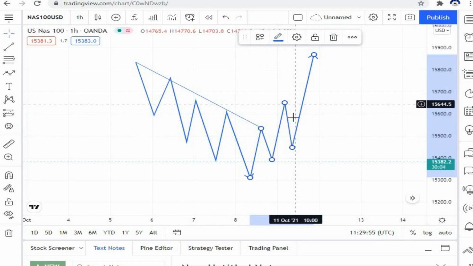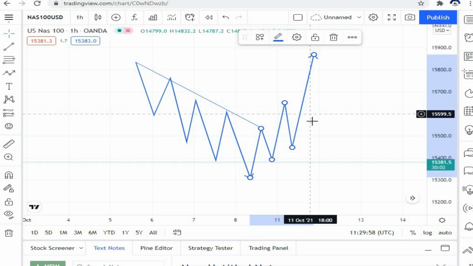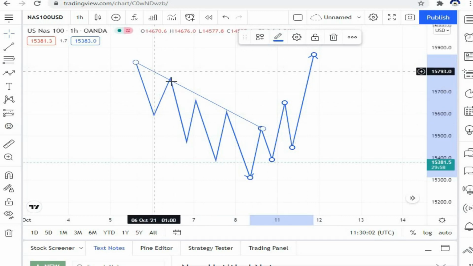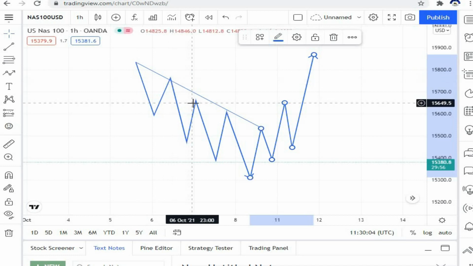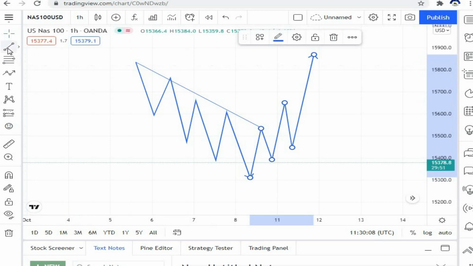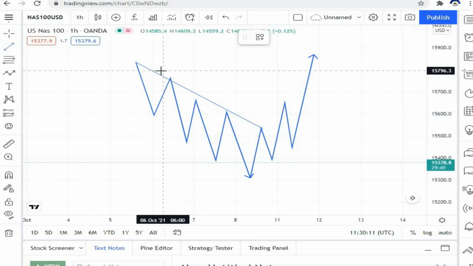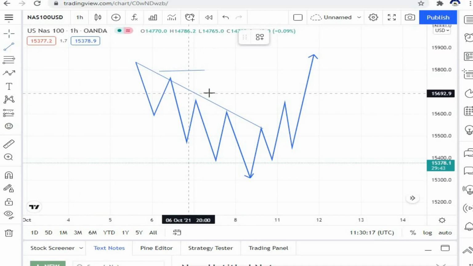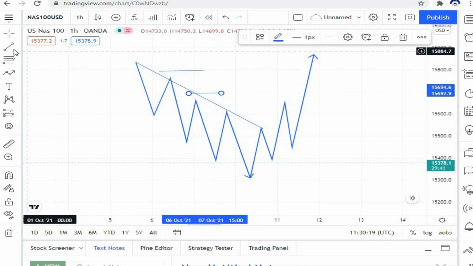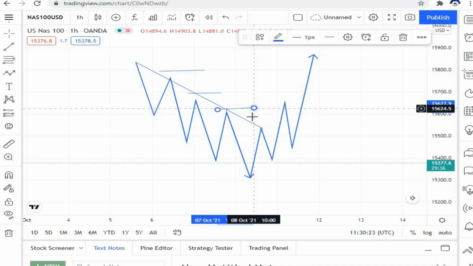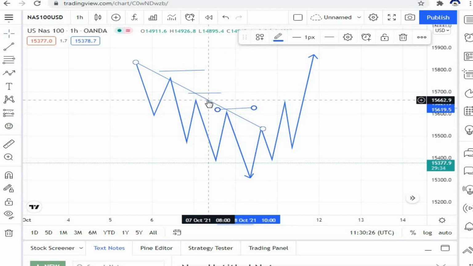Sometimes you can't even find a new higher low. Why? Because the price will be going up, breaking those retail traders who are selling at that zone. Sometimes those retail traders put their SL above here. That's where their SL will be above there. So they will be going with a fast move to take out all of those retail traders who are still